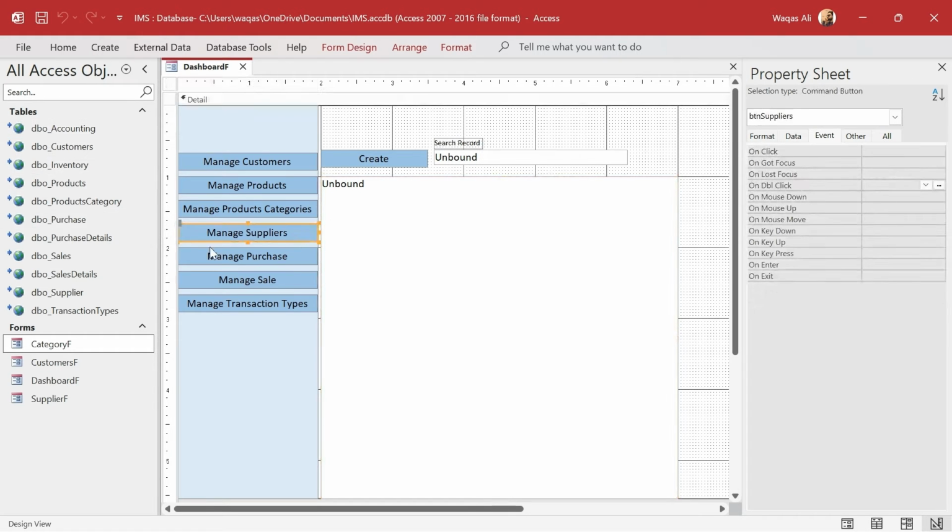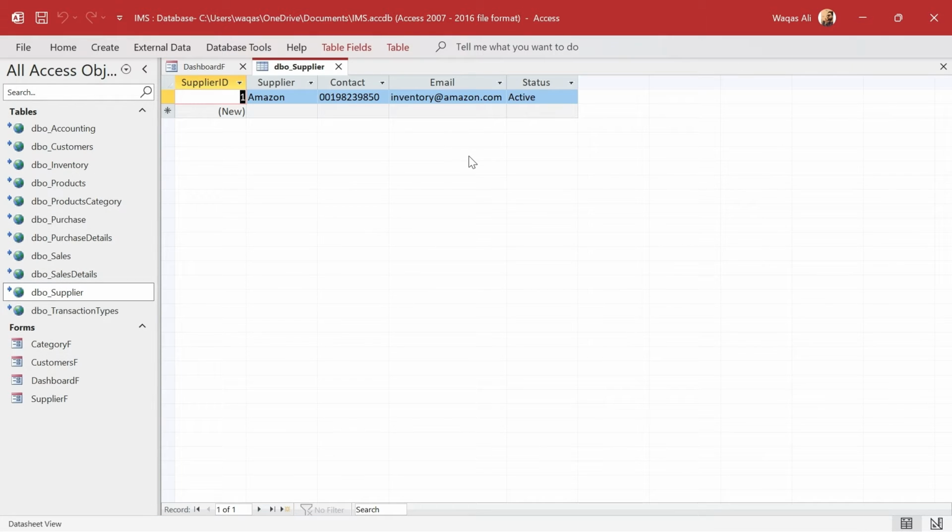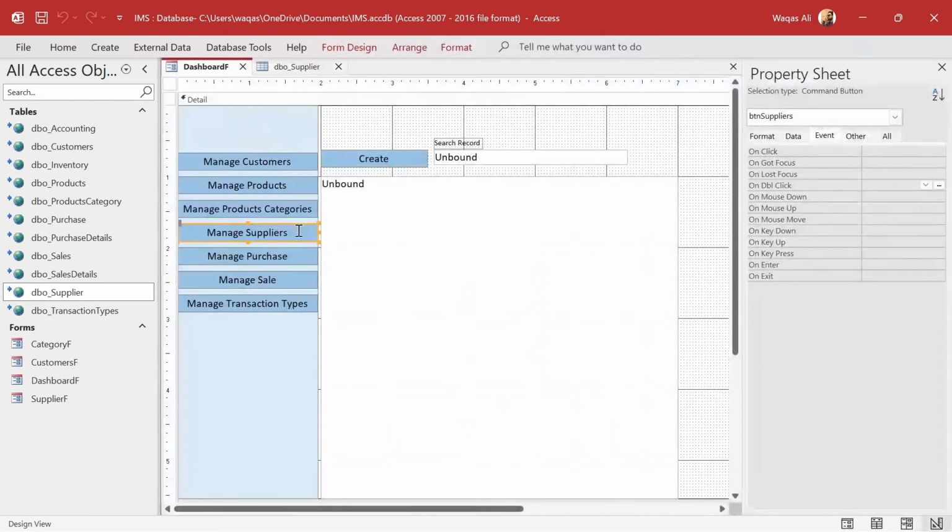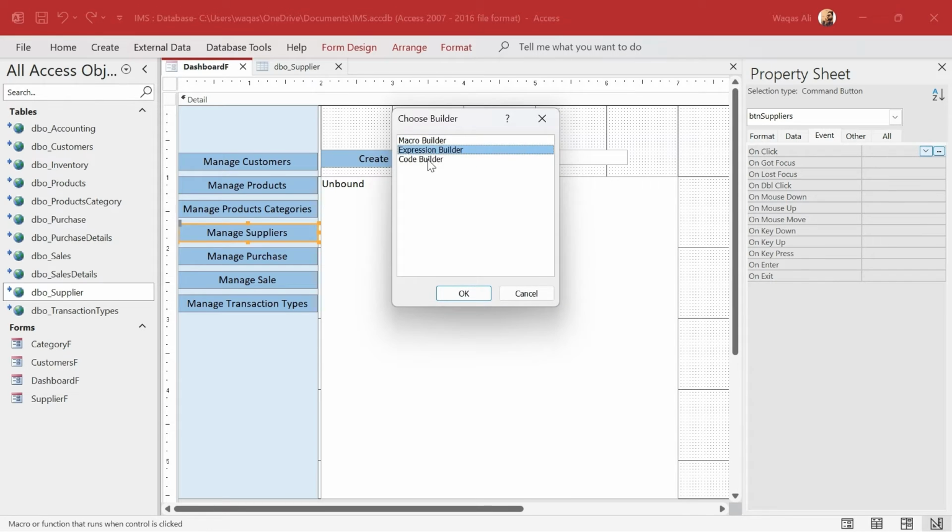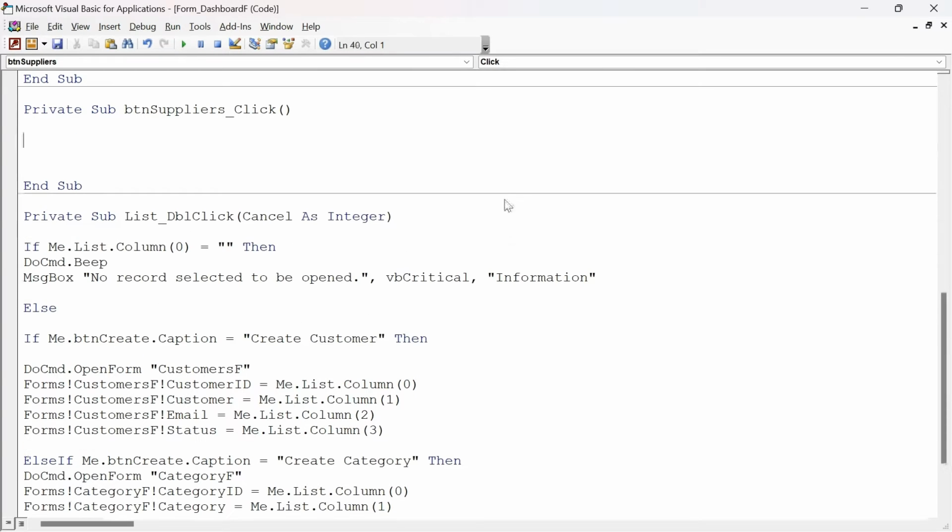Okay, so now let's go to the suppliers table. So what do we have in the suppliers table? Okay, in suppliers we have supplier ID, supplier name, contact, email, and the status. So pretty much easy, 5-6 columns. Let's fetch the information. So we click on the suppliers button and the event tab, and we go to the on click event dot dot dot, and we go to the code builder. And in here we say